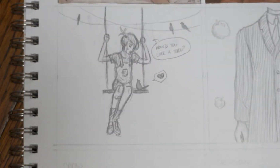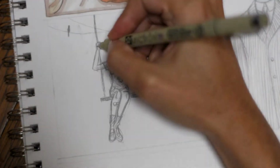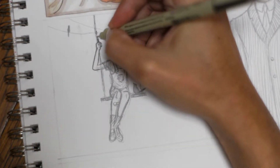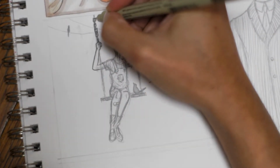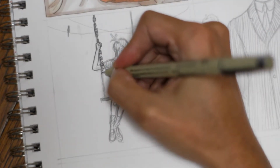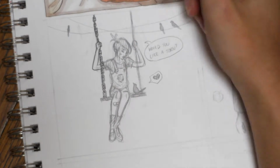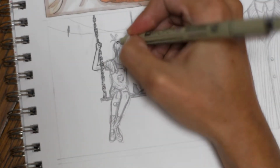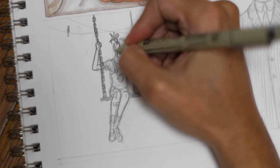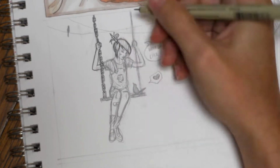So for day 9, the word was swing. The first thing that came to mind was an actual swing, and that was just something I couldn't get out of my head. I mean, there was just something about it that I really wanted to draw. And I had to make it sort of different though, I didn't want to just draw someone on a swing, but